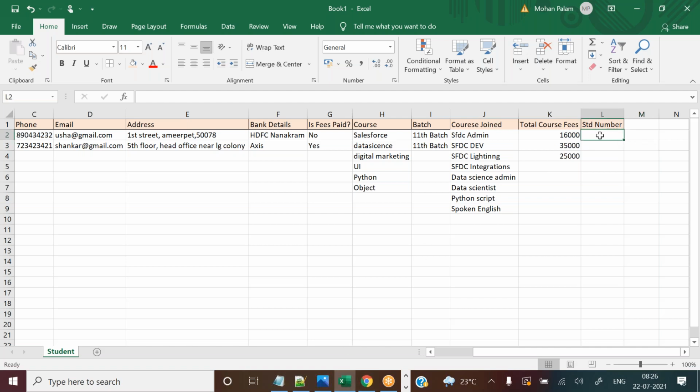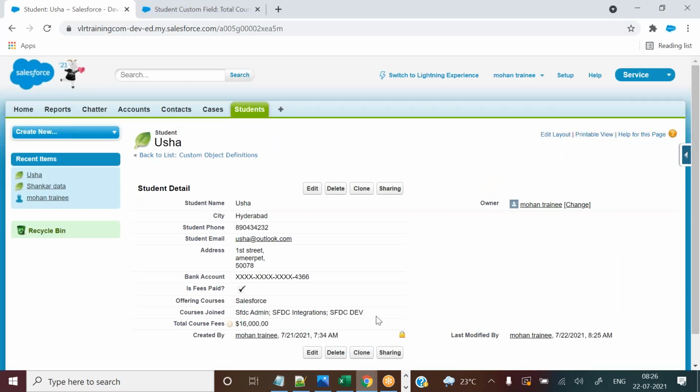Because I need to cover all the data types, that is the reason I am preparing the new business requirements. Student number, like it starts with 0001, and 0002 like that, different kinds. Some other things like 1 2 3 like that, whatever it may be. So numbers you can add. So let's see here.